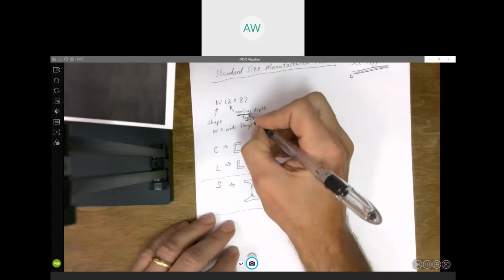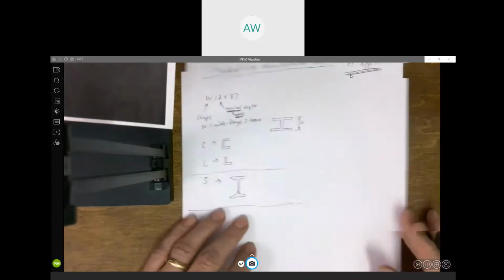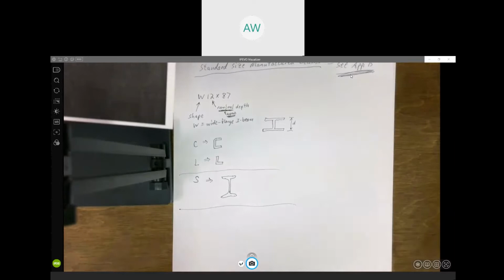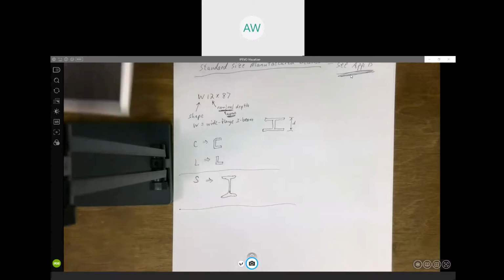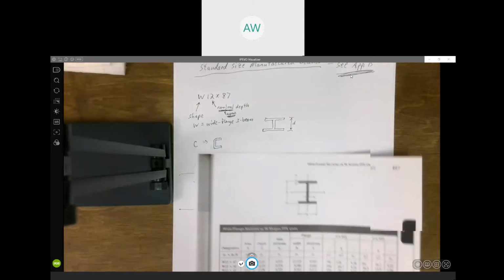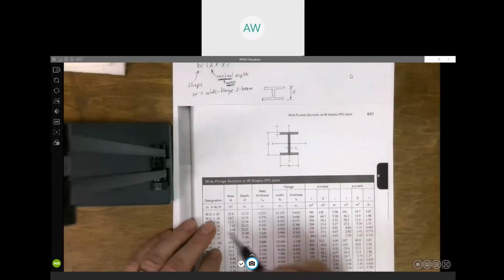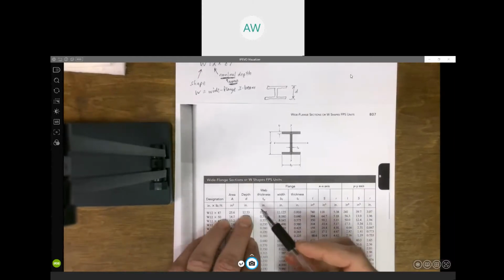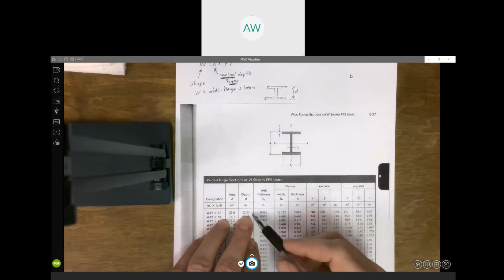But notice, again, it's just an approximation. So it's a number. If you're designing something, it gives you an idea about how tall this beam is going to be. If you want the actual depth, you've got to get that number off of the table. In fact, if we go back and look, for this first one, this W12 by 87, the actual depth, the height of that is